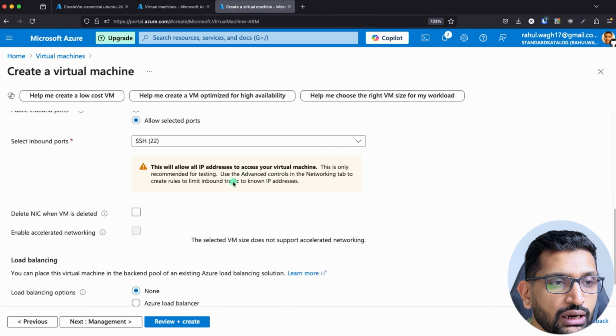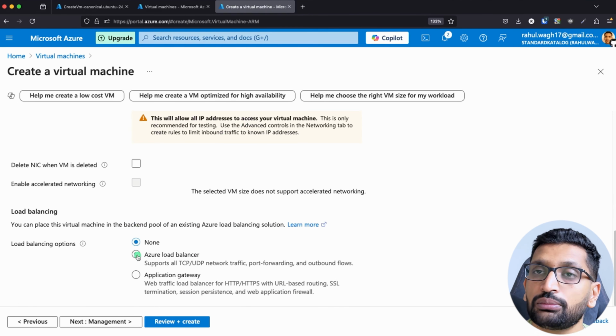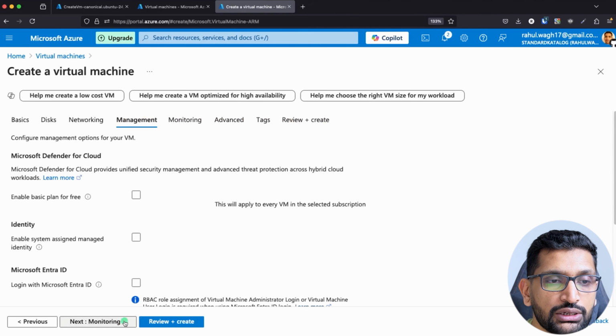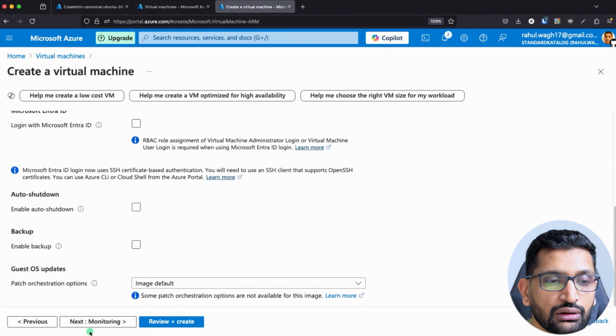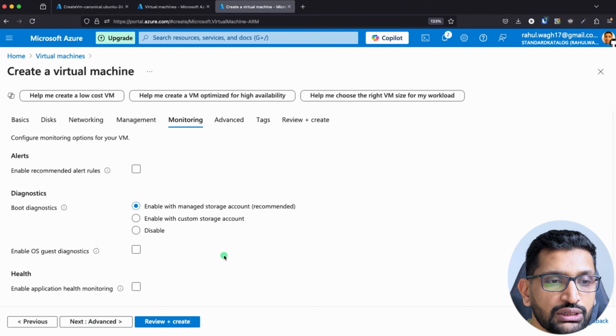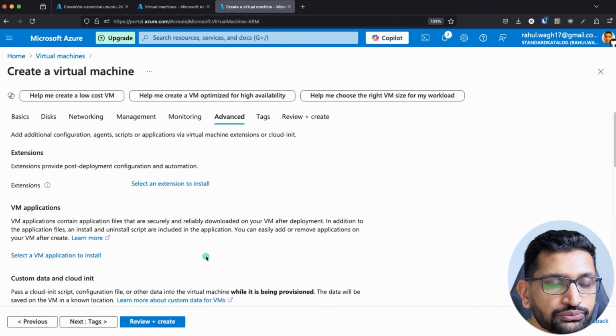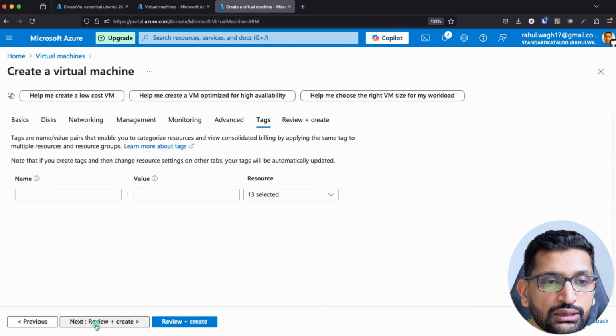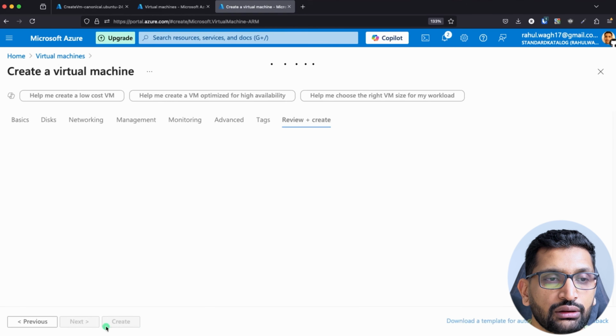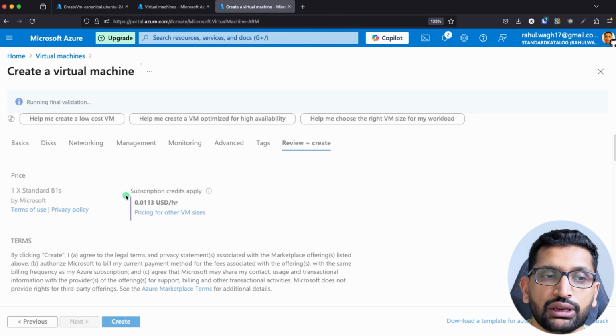Okay, after that just keep everything default. Click on management, don't change anything. Click on monitoring, don't change anything over here. Click on advanced, click on next tags, review and create,